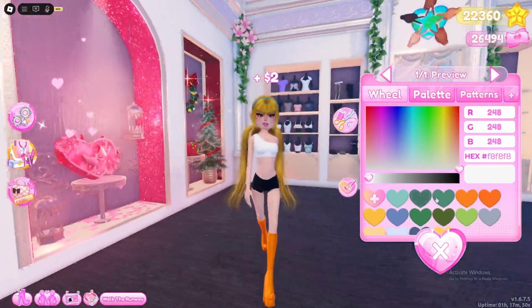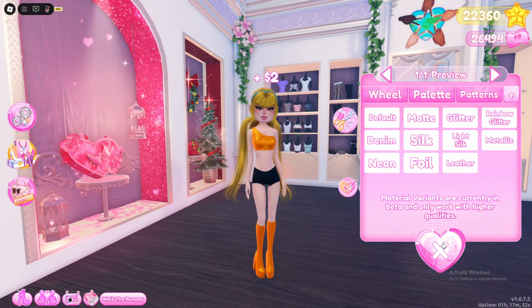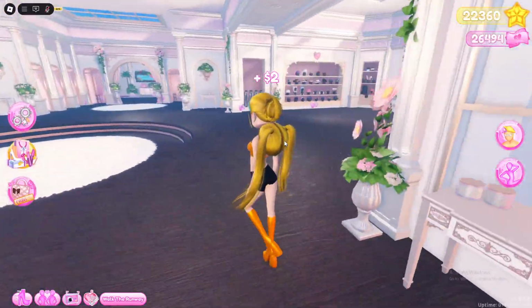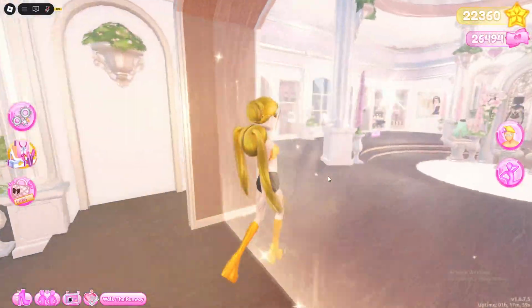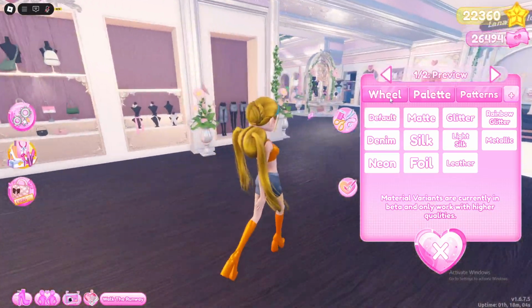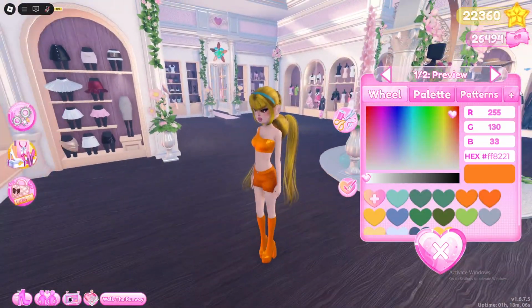Select this top here in that same orange but in glitter. And then you can use this skirt for a non-VIP one. But if you want a shorter skirt like she has, use this one from VIP. But you can again use the one outside of VIP. Select the same color in glitter as well